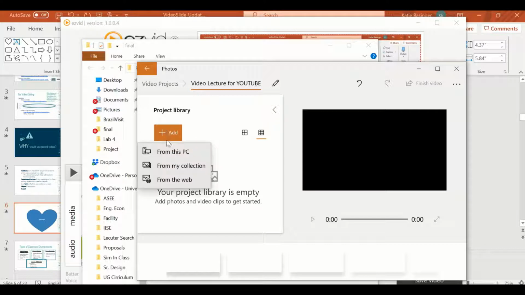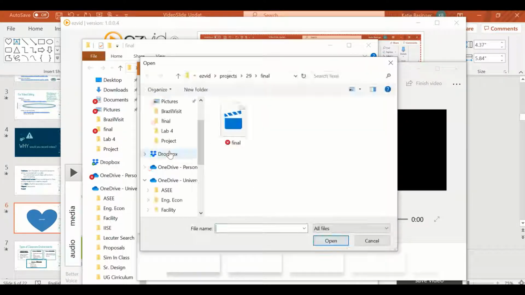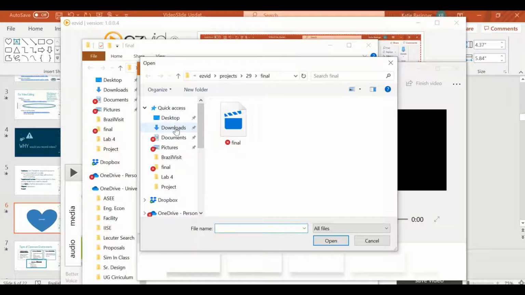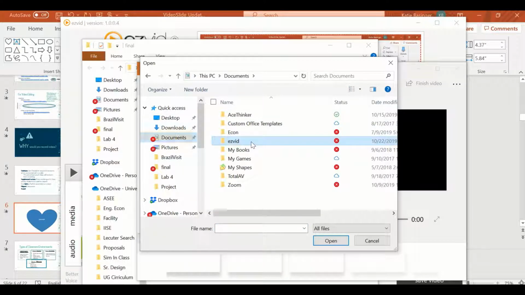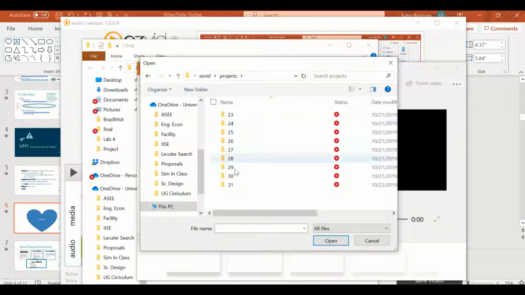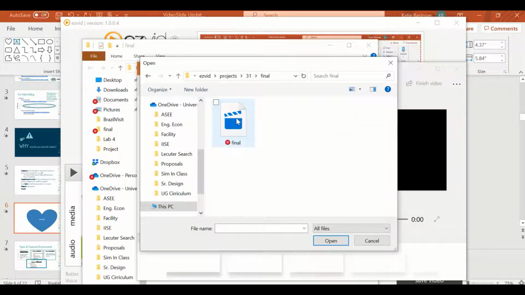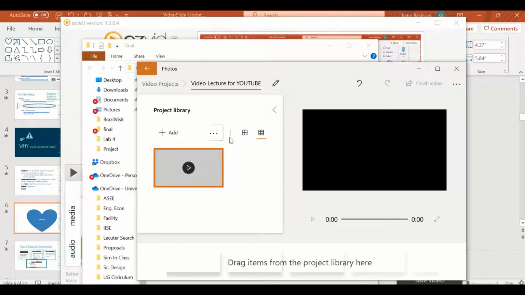So we select Add from this PC, and you have to go find where Ezvid saved it. Most likely it saved it under Documents, Ezvid, Projects, and then it's the last folder, because it'll be in order of how you save them. So, and then if you go to Final, it should be there. If it's not there yet, you just need to give it some more time to finish saving to that folder. So we're going to open Final, and